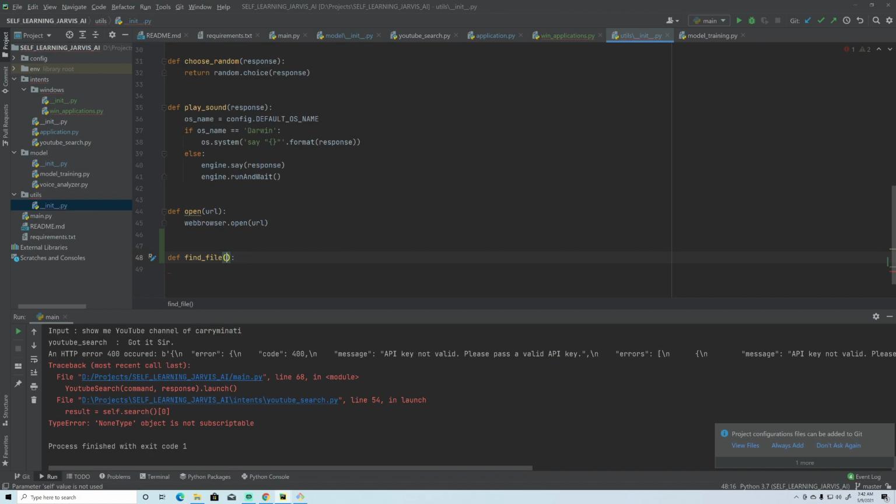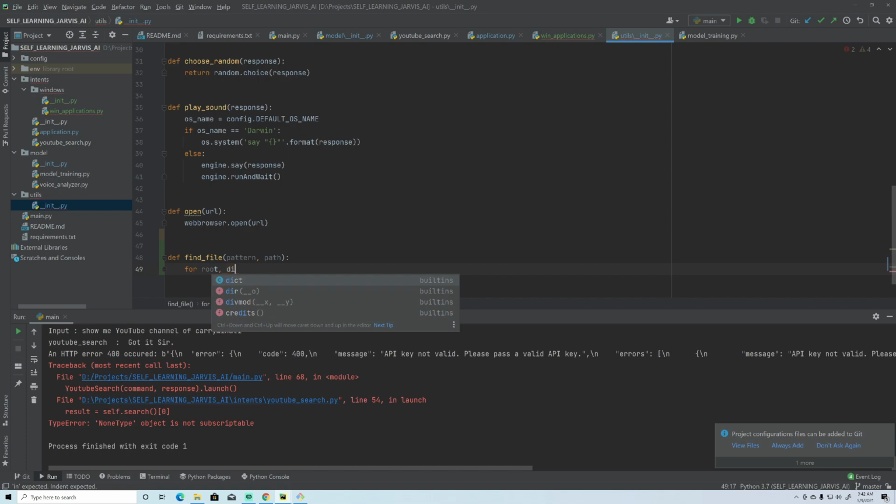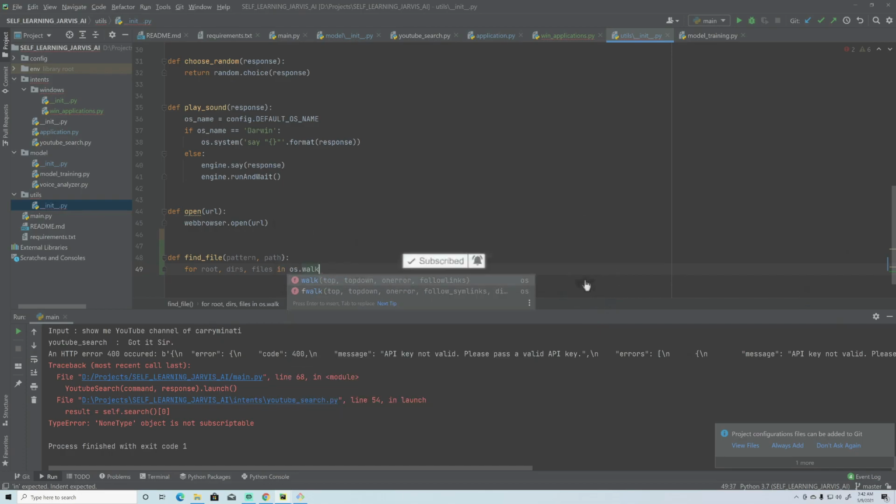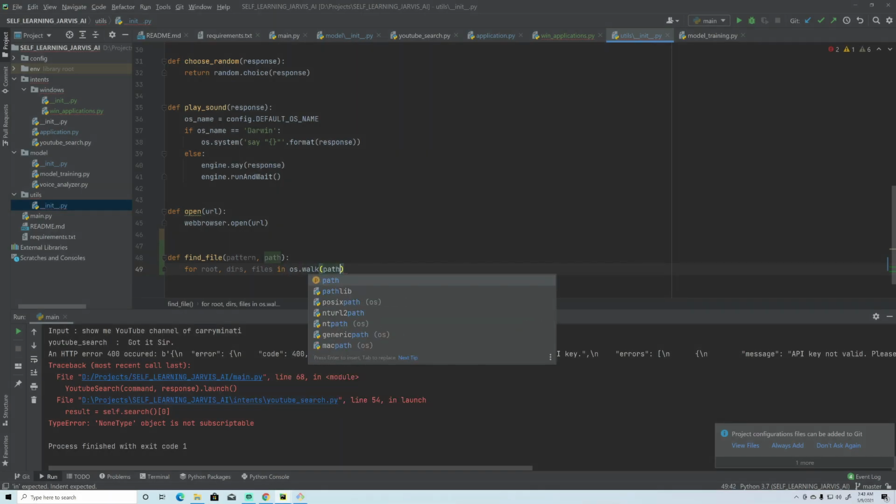So yes, find_file. Here we are going to pass pattern and the path, and here, for root, directories, files in os.walk we are going to use, and we will give the path.